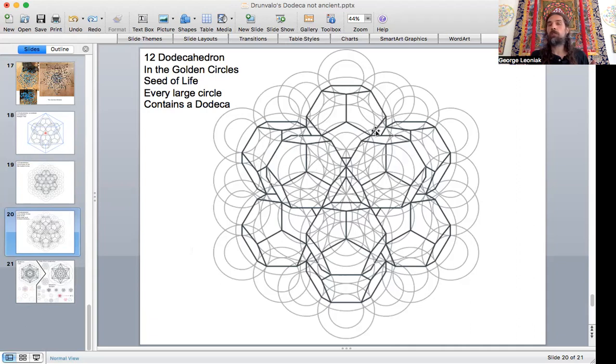But what I did here was I put it in the golden circle seed of life and started to add those additional circles so that really every dodecahedron that you see, you can trace around any of them, will be contained in a large outer circle. And that now fits within the expanding version of the golden circle seed of life at the root of it. Here it is, because those will contain 6, but now I have these other ones I have to modify and adapt for. And I can also do this little ring of circles along this edge, which would be a hexagon edge. And those will give me all the division lines, as you see right here, and over here, and in here, and everything works out and kind of links up.